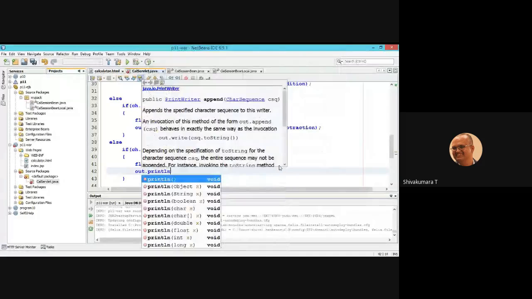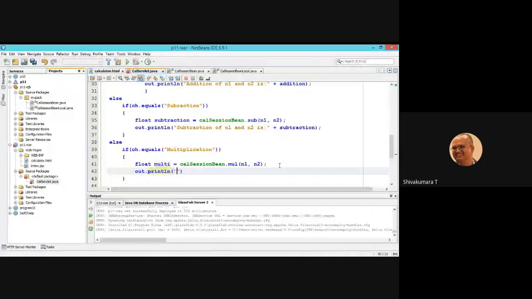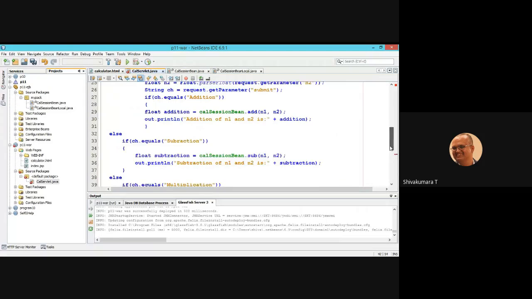Out dot println, multiplication of n1 and n2 is.